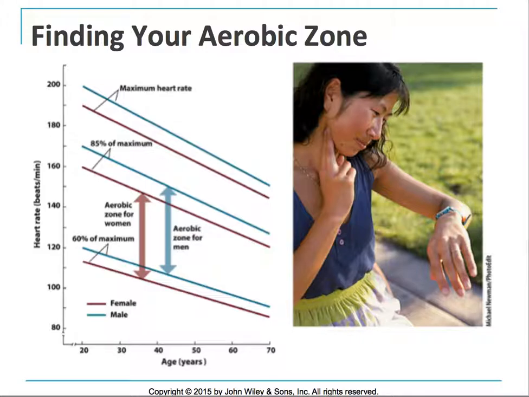So if you were looking at the aerobic zone for somebody who is 30 years old, you would go across here to 30 years old, and then you would go straight up. If they're a female, their aerobic zone would be from probably about 114 beats per minute to